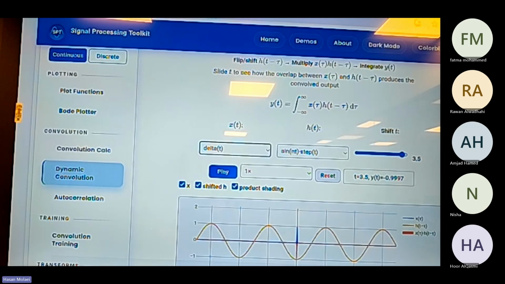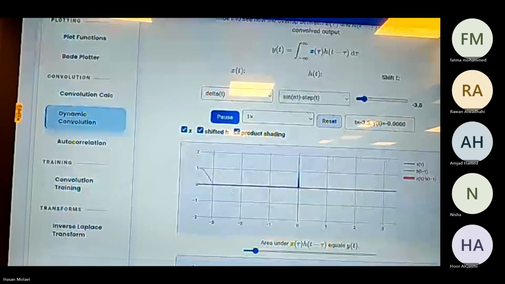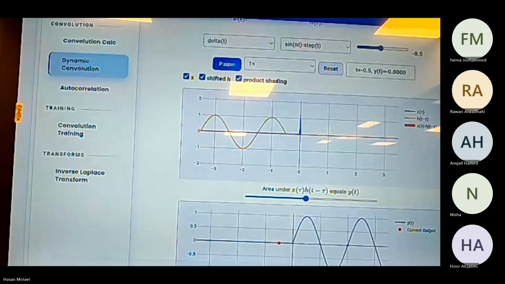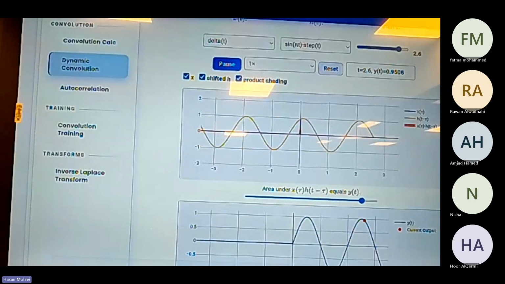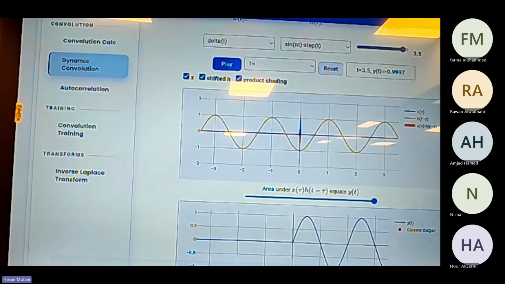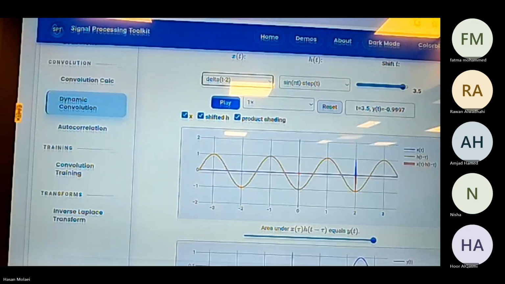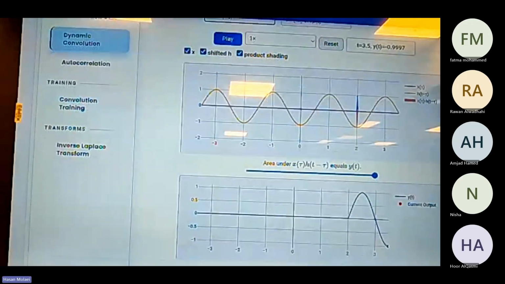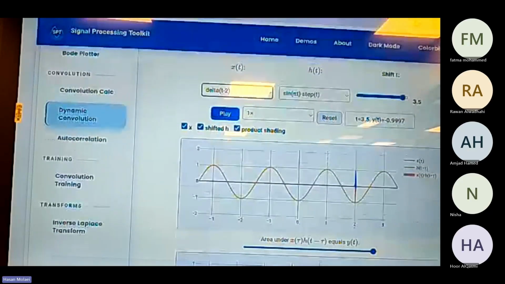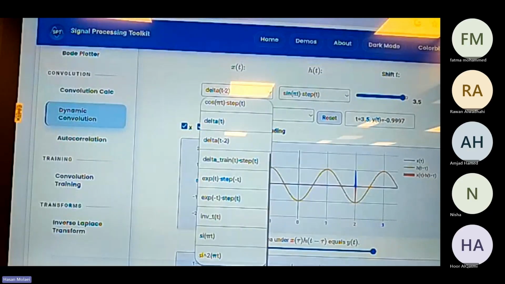This is sin pt multiplied by step. With delta, it should be the same function. If I change to delta t minus 2, it should go to unit 2. Yeah, right. If I change it with step,